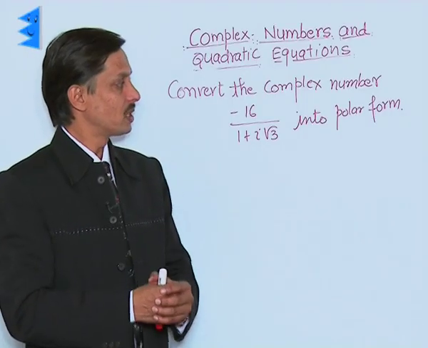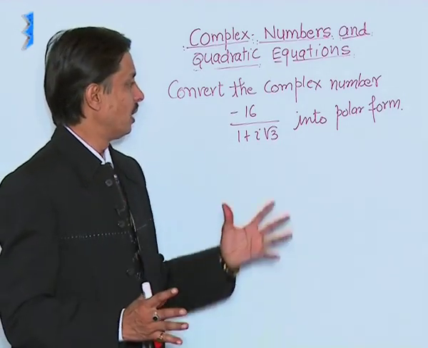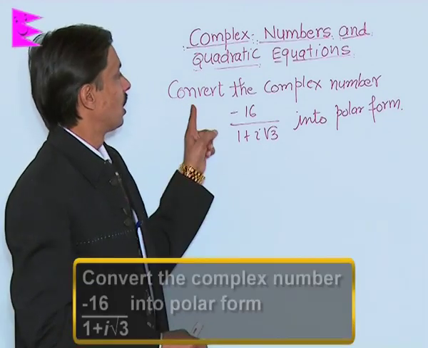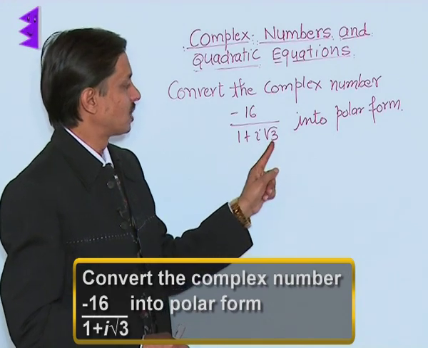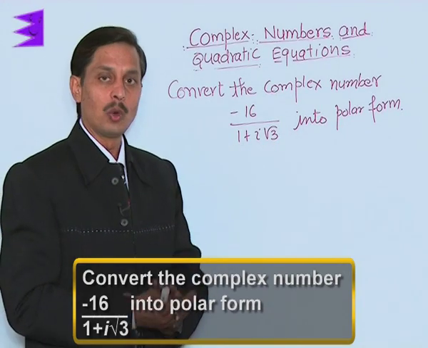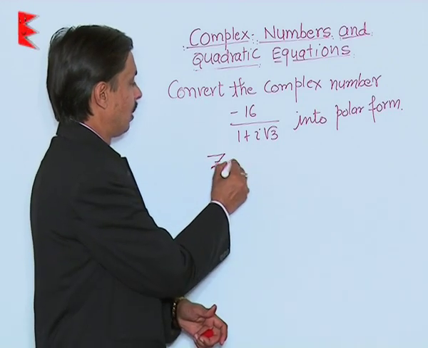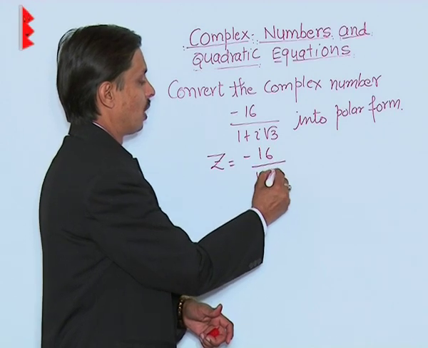Now I would like to discuss with you one problem where we will explain how to get the polar form of a complex number. Convert the complex number -16 upon 1 plus iota root 3 into the polar form. So first of all, I will say it is given by z is equal to -16 upon 1 plus